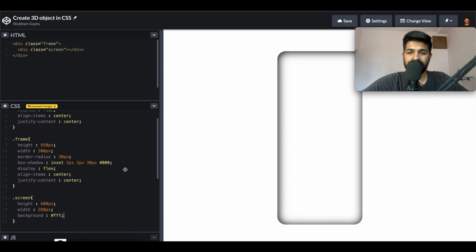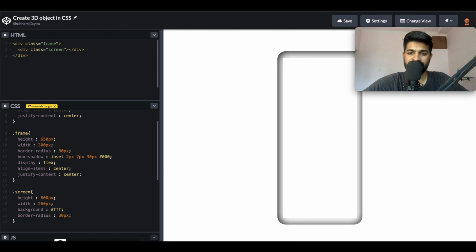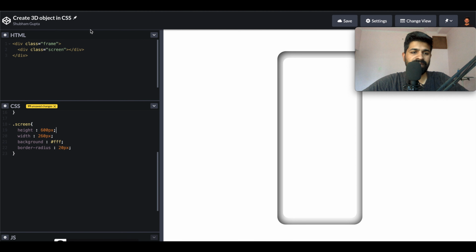Let's see where it is. So here we can see this, and now I need to give a similar border radius, which will sharpen the edges as well. I can do it a bit lesser, so yeah. Now you can see this iPhone frame, and now we can actually show our website in this and have better responsive views. So this way we can use it.